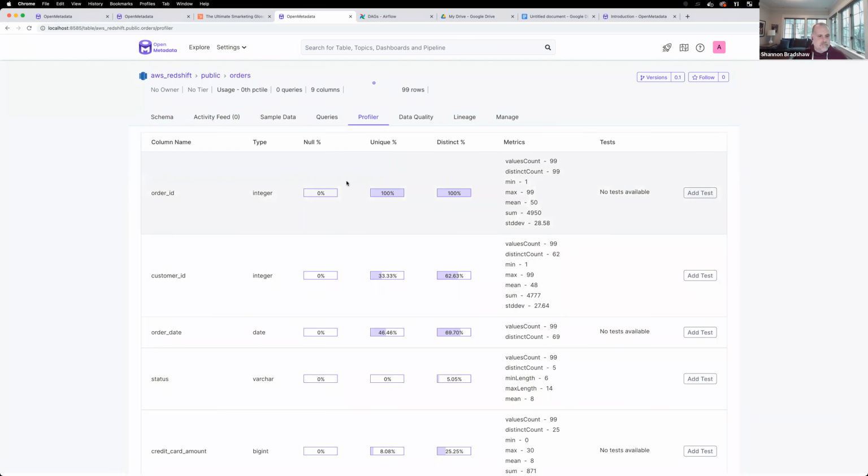These are all metrics that the OpenMetadata profiler is collecting as it assesses assets and computes these metrics. The intent is to give you the opportunity to provide a summary of data that allows you to assess quality at one level, look for anything that stands out